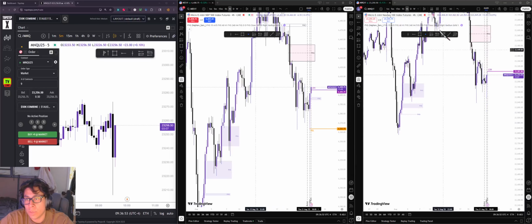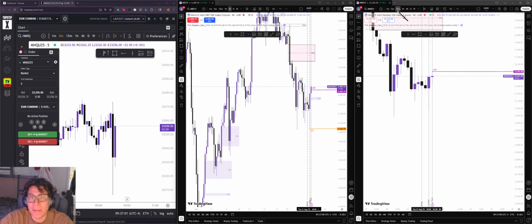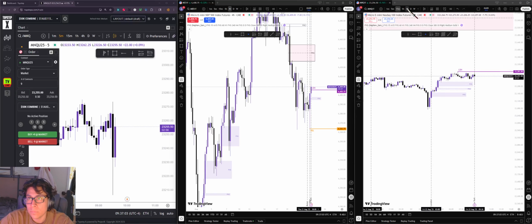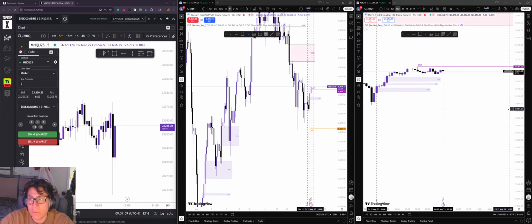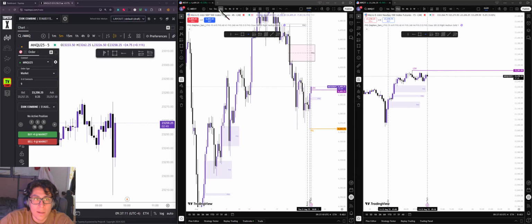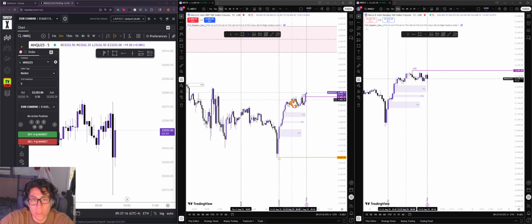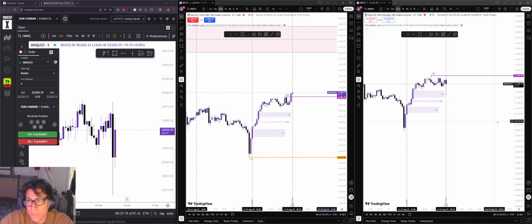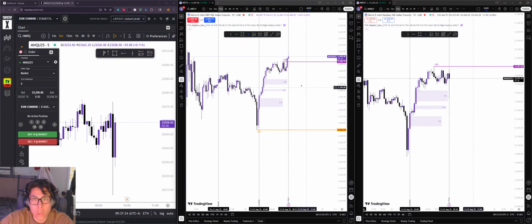But it is possible we might just want to push back all the way down and push towards these lower levels, and maybe even this lower level down here. I'm thinking maybe we want to come back down and push all the way. So what I'm looking at right now, well, except we just took out London High in MES, not in MNQ. Ideally what I want to see is us close below these lows on both of these and aim towards this lower level down here.